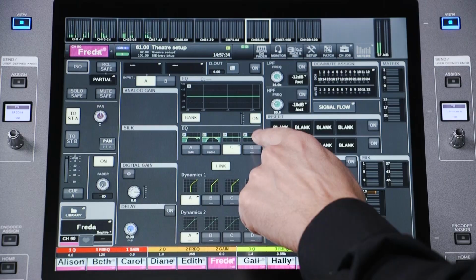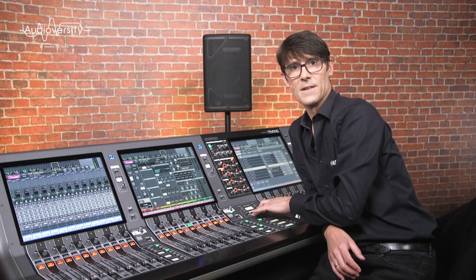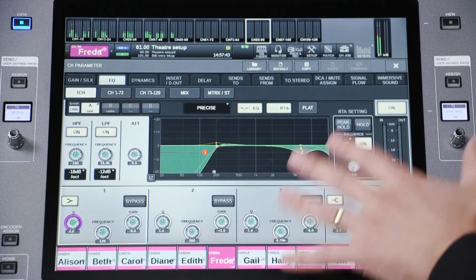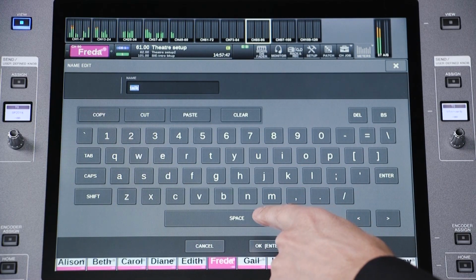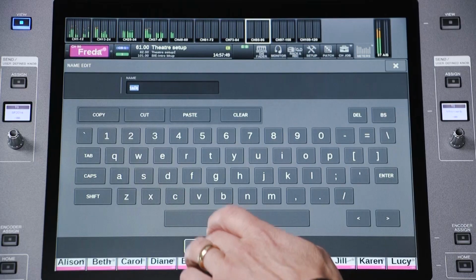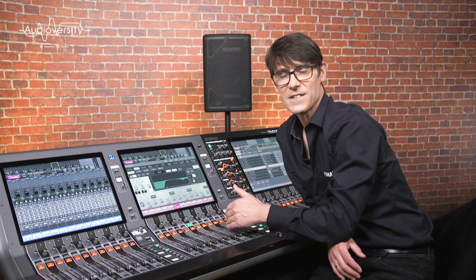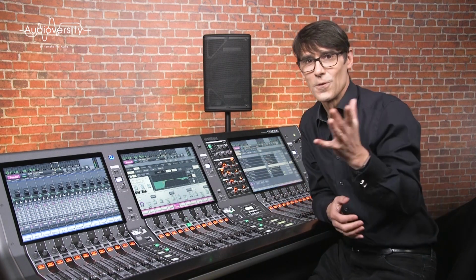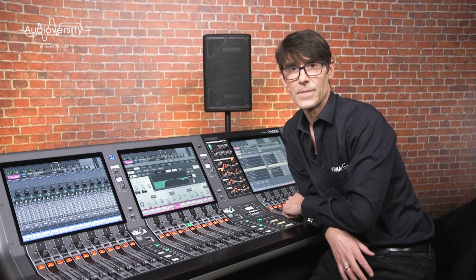The bank selection A, B, C, or D will be stored in the scene memory, while the parameter settings will be stored in the actor library. The banks can be named to help you remember what they are for, perhaps for different roles played by the actor, or when they wear a hat or start singing, or for different instruments played by the same musician.